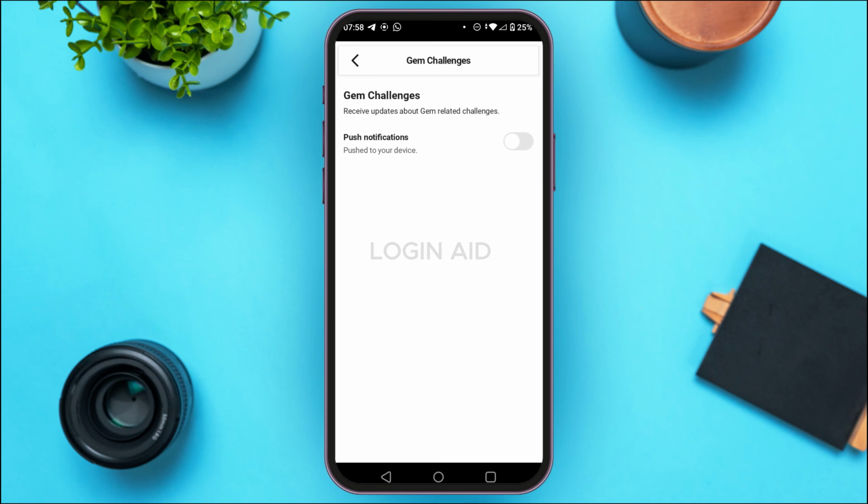Now you can see over here you'll be able to enable the game challenges notification. You'll be able to find this option for push notification. What you have to do is simply toggle on this button. Now you'll be able to receive the updates about the game related challenges. So that is how you enable game